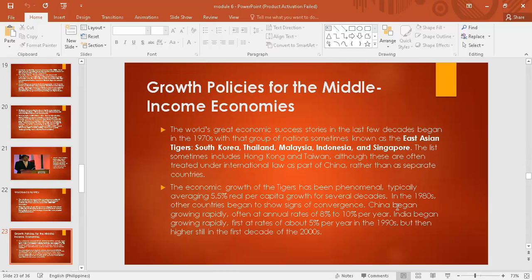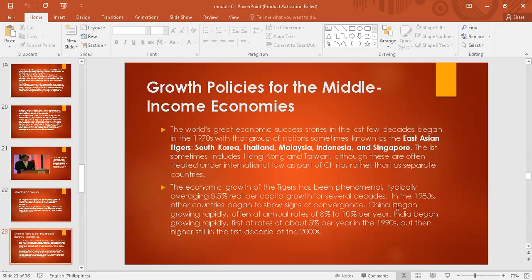Ibig sabihin po, from 1970s hanggang the early 80s, they show signs of convergence. They grow rapidly, no? Especially sa China, it began to grow and the annual rate of increase is 8% to 10% per year. Kasama din po dyan ang India. Hindi siya part ng East Asian Tigers, pero